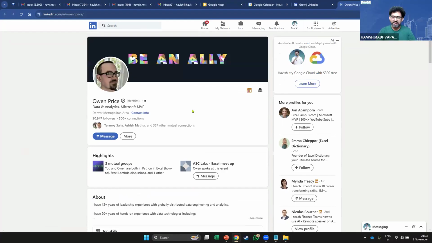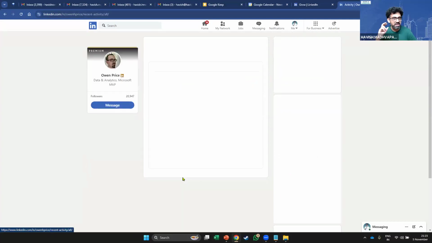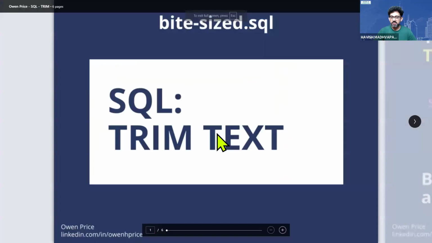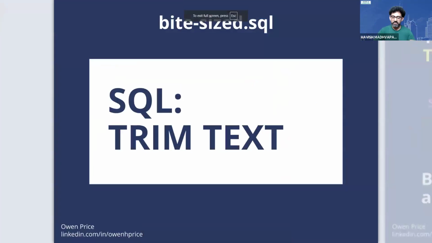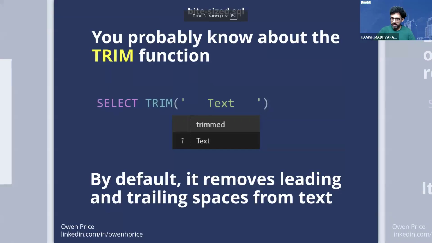And he's been an executive officer earlier. So Owen Price is amazing when it comes to the way he markets himself. And I would like to show it to you. Just look at the way he creates his post. It's very simple, to the point. And it's fantastic. I mean, there's something that you learn.